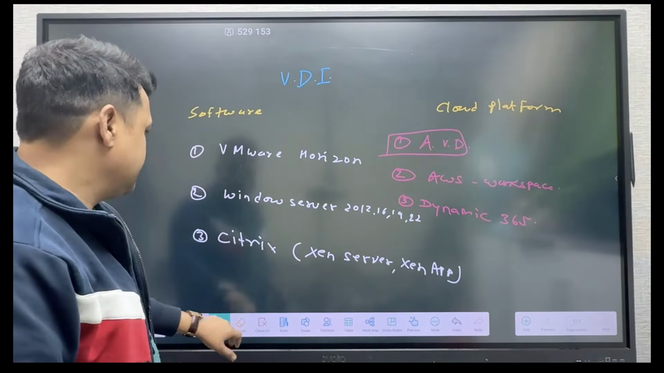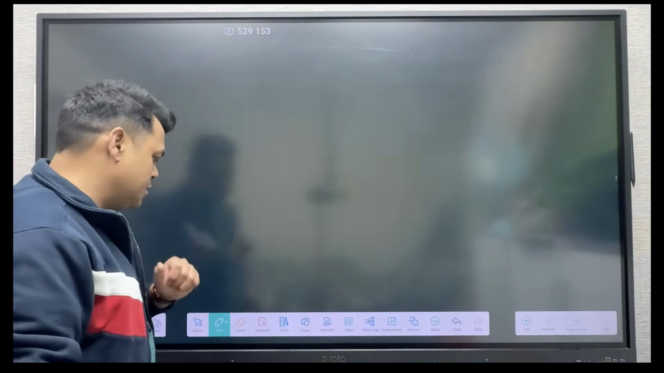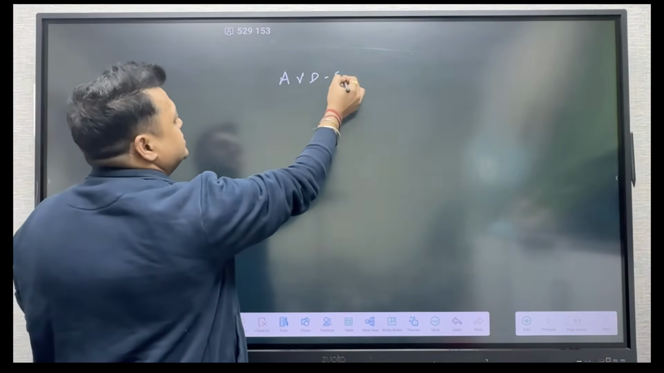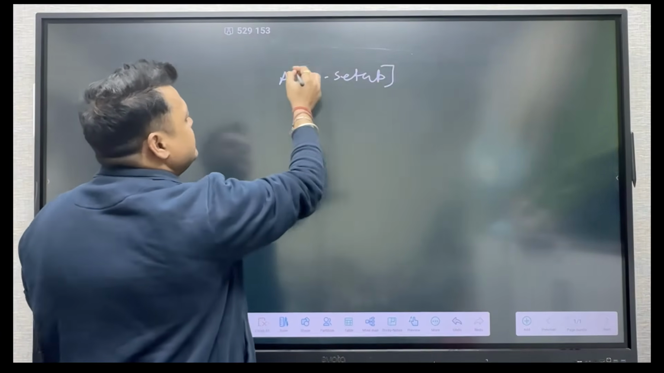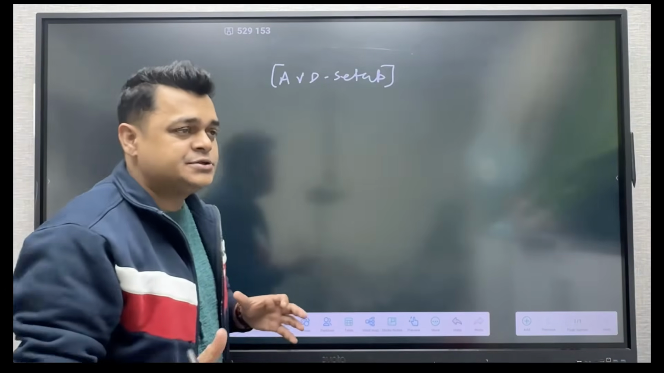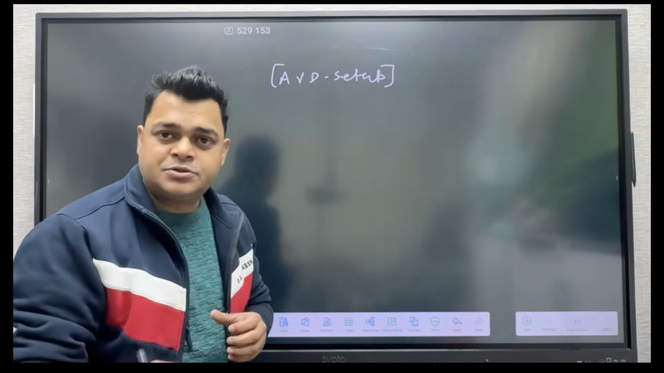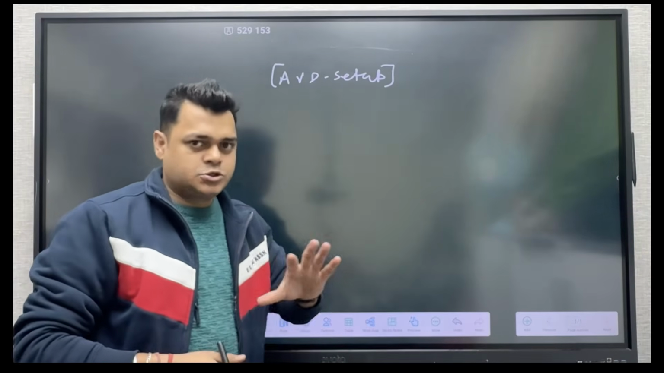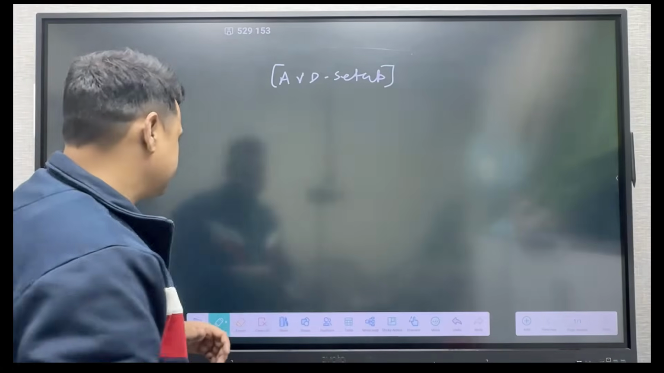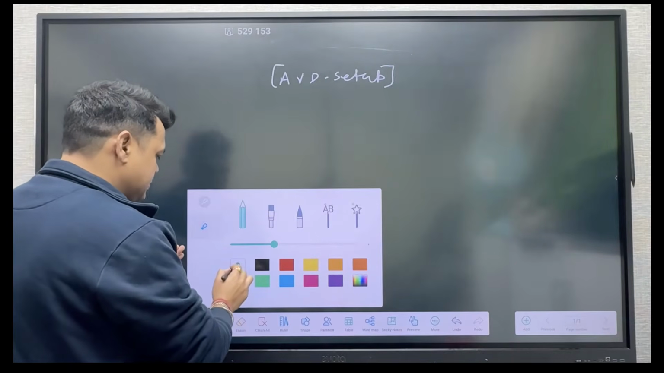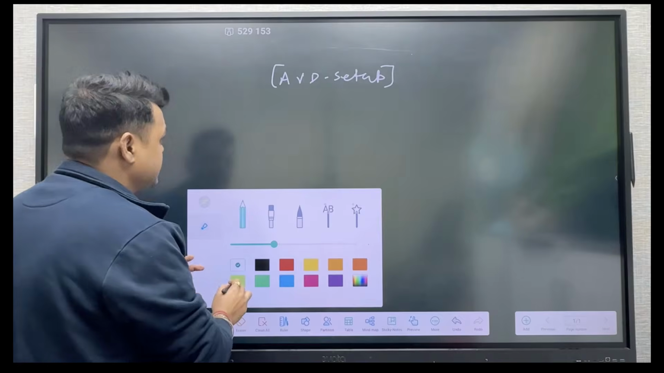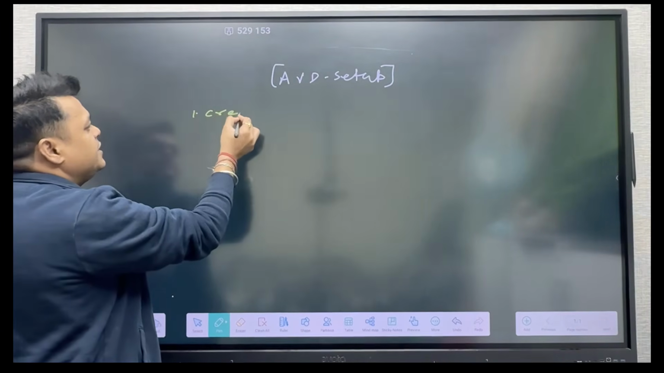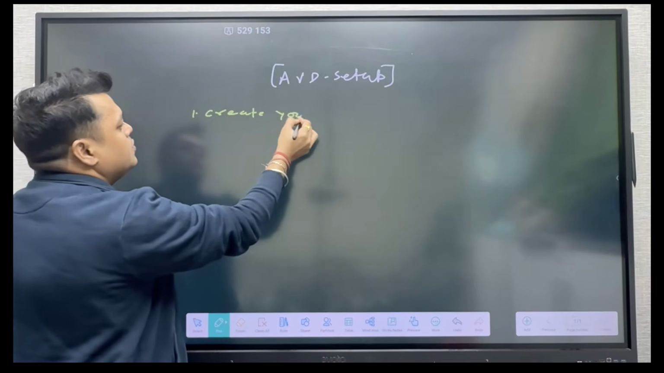So I'm going to erase this so that I can show you the steps of how it works. AVD setup, right? It's mandatory for everyone. You should know about the prerequisites and the number of services that we need to purchase to establish our Azure Virtual Desktop environment, and we'll also discuss the components required to establish it. So the very first step, the mandatory part, is to create